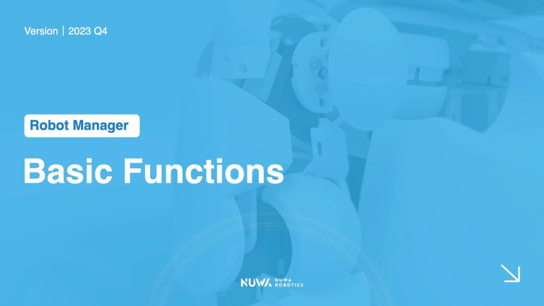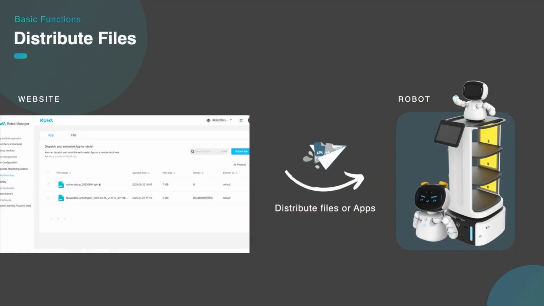Next, we will introduce the basic functions of Robot Manager: file distribution and team library. Through the Robot Manager, team members can distribute files or apps to the robots in their group devices, and as long as the robots are connected, they can receive the files immediately. Examples of using the distribution function are teachers distributing class materials, clerks distributing menus, and salespeople distributing sales brochures to